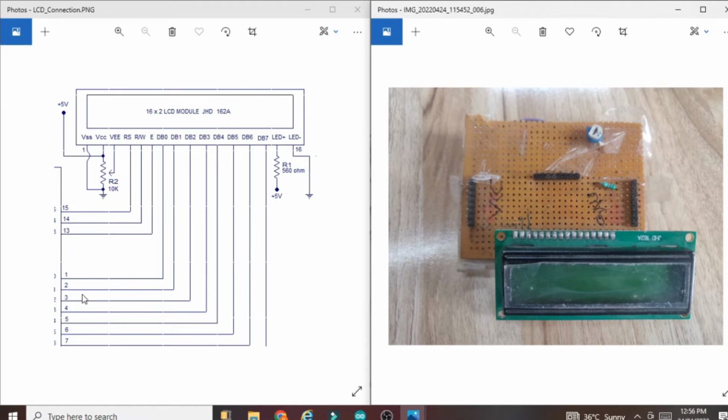You can replace any controller at this point. So if you want to connect the D4 pin and D5 pin, you can take it from this one, this one, this one, this one, and these are nothing but these 3 pins. And this resistor is nothing but this one, a 560 ohm resistor, and this pin, the LED negative pin, that is pin number 16, is connected directly to ground. So this is the connection I made using this circuit.